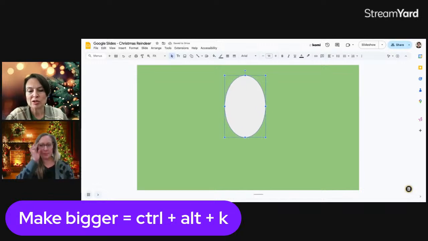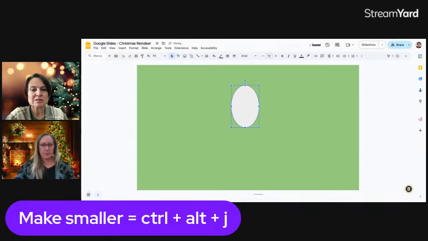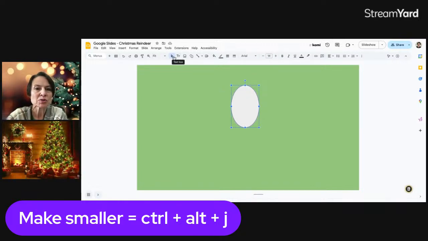and Control Alt J to make it a little smaller. I think that's probably right, just about there. Now, we're going to pick a color. So I have to make sure I click on that shape so it gets that blue box around it. And then up at the top, I'm going to go to the